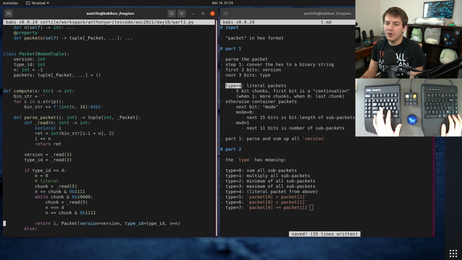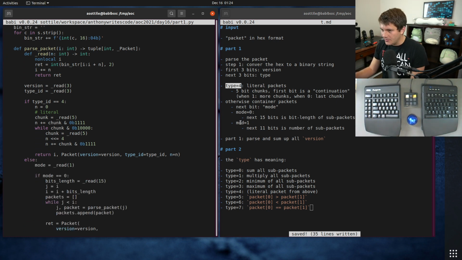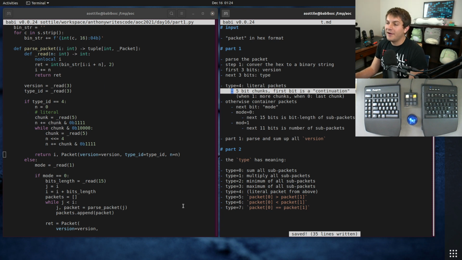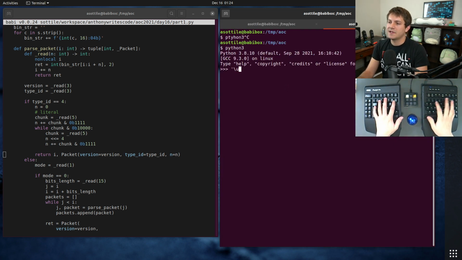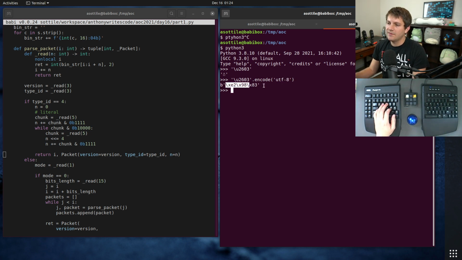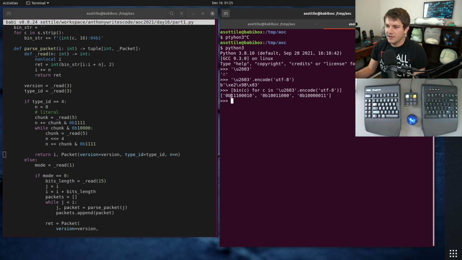And if the type is 4, you're reading a literal packet. The way literal packets work is they have 5-bit chunks. This is actually very similar to how UTF-8 works if you've worked with character encoding. So if you have, for instance, our snowman here, and you encode this as UTF-8, you'll see that we have 3 bytes here, and if we do bin c for c in this, you'll see that they are each,